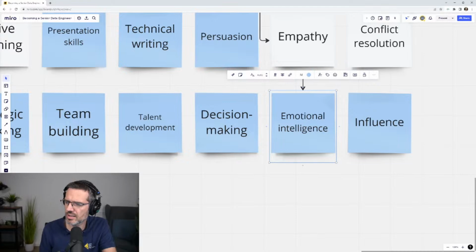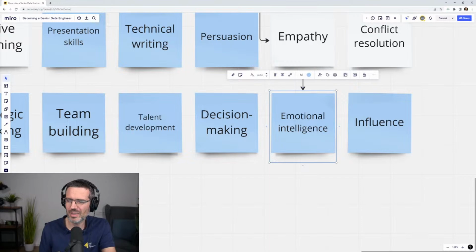Emotional intelligence, high emotional intelligence, engineers should be able to understand and manage their own emotions as well as those of the team members, which can be difficult, right? We are not robots. We all have our emotions, and I struggled with that before myself.